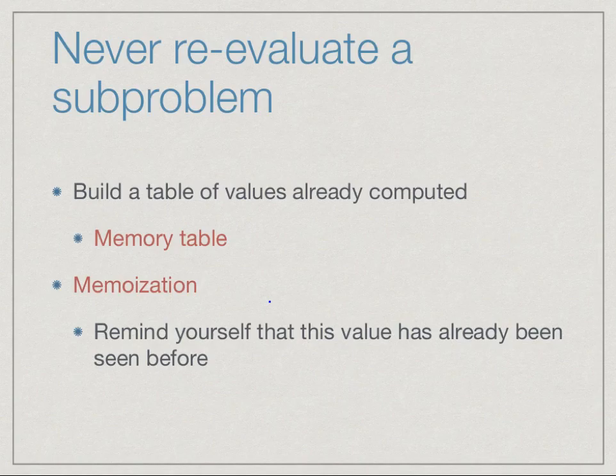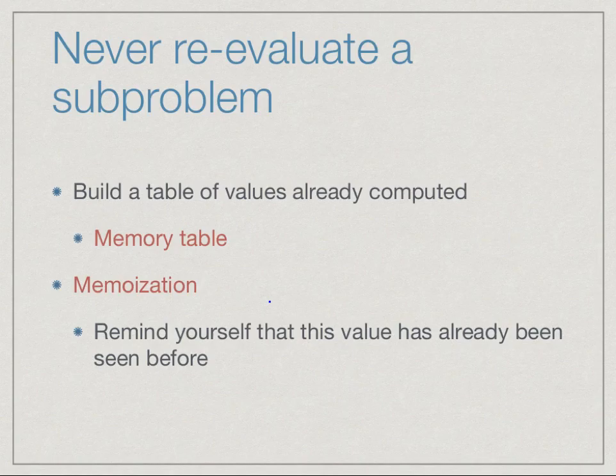So what we need is a kind of a table, right? A table where we store the values we have computed. And before we go and compute a value, we first check the table. If the table has an answer, we take the table's answer and go ahead. If the table doesn't have an answer, then we apply the recursive definition, compute it, and then we add it